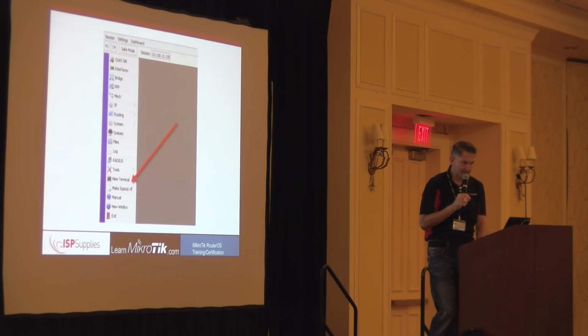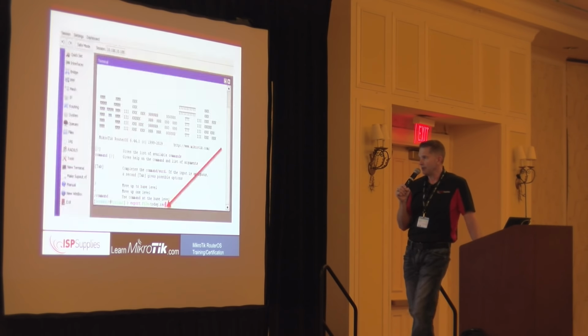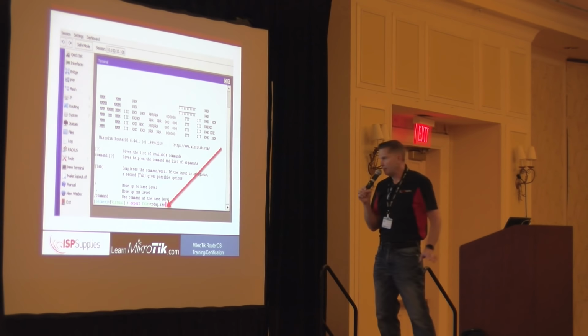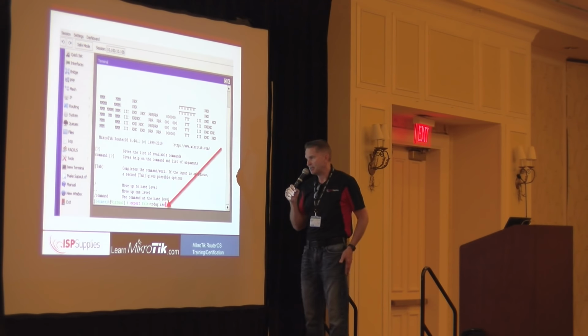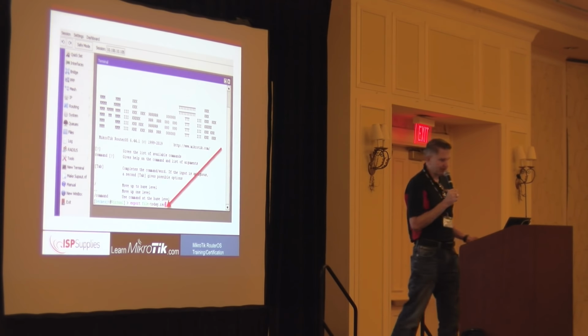To make the export, there is no Winbox function for that. It has to be done from the terminal. So you got to put your big boy pants on and open up a terminal and type this command. It's export file=, and then name it whatever you want. In this case, we named it today. And you'll hit the enter key.